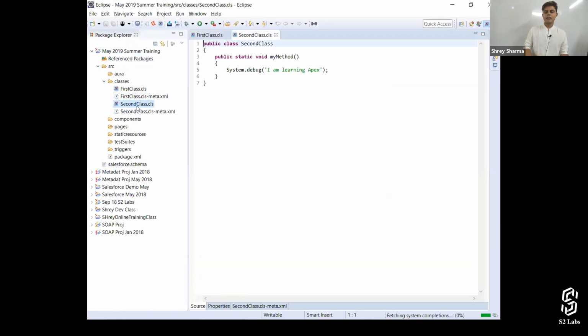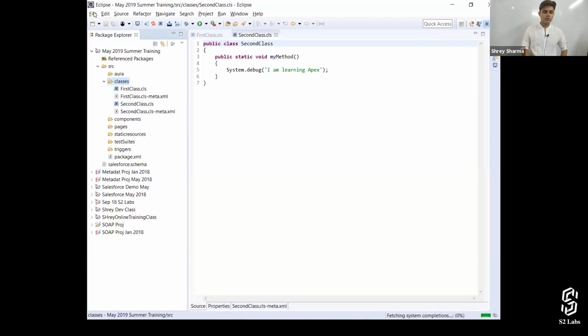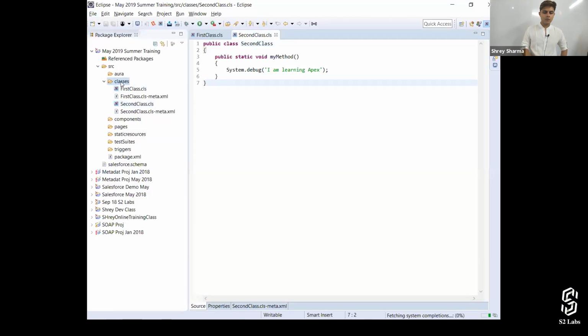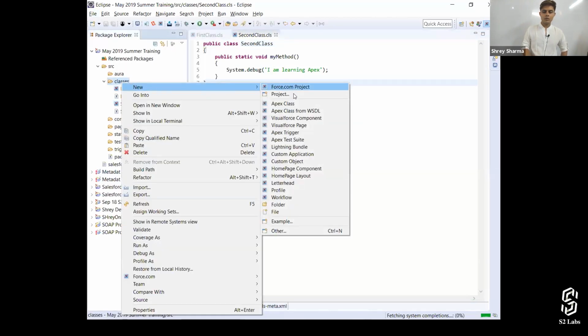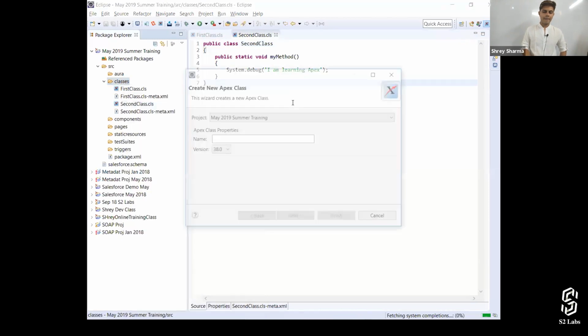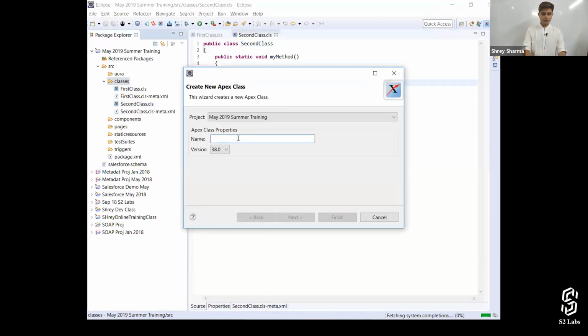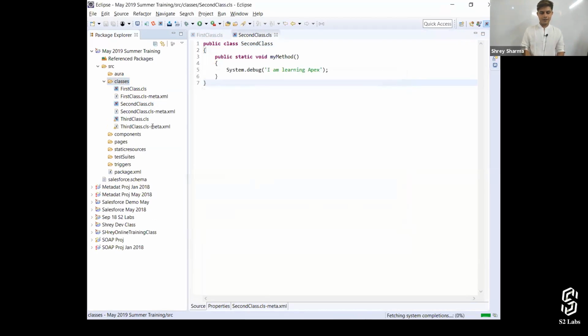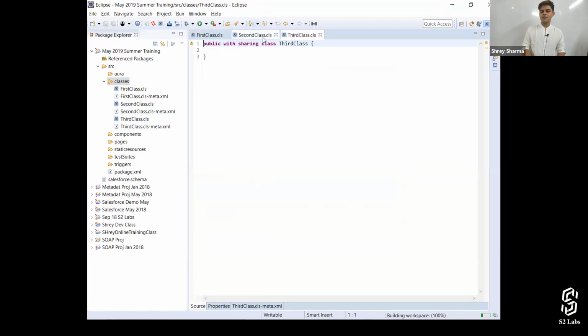And for second class, learning Apex. It's already there. What if I want to create a new Apex class? File, oops, new Apex class. Name, third class. Right? Here it is. With sharing.